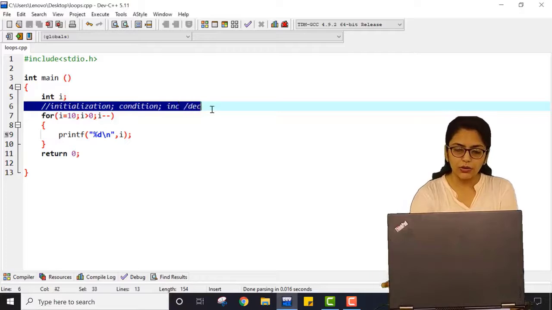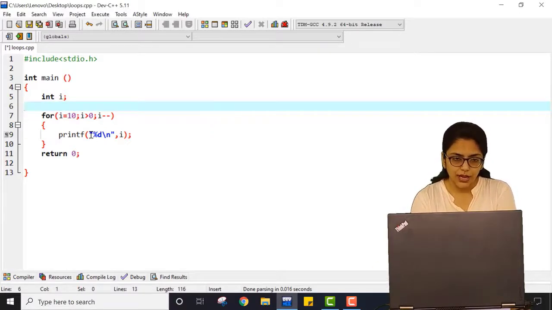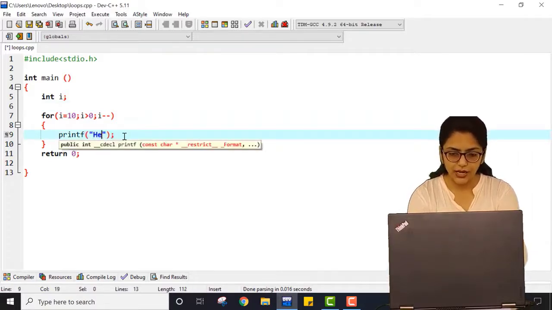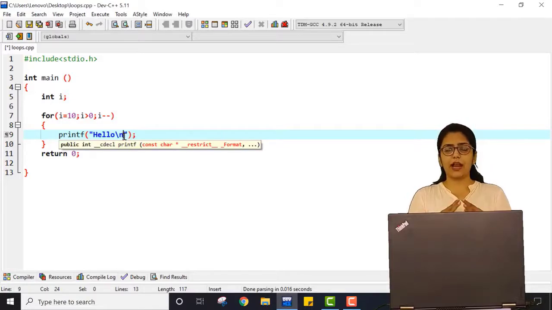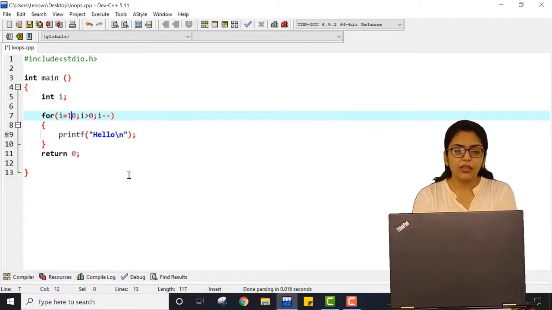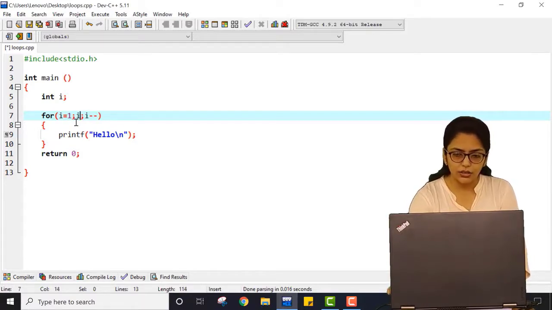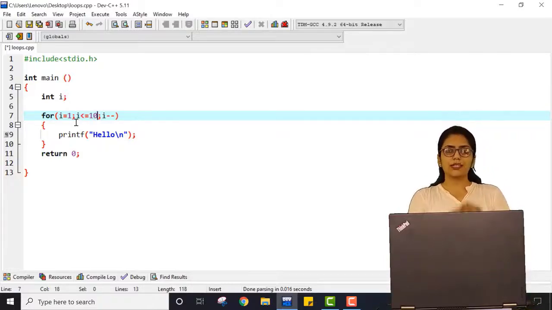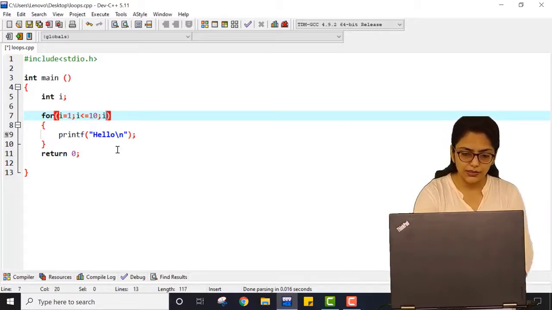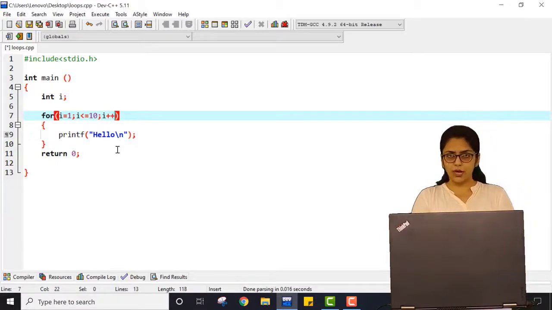So this was the for loop syntax. I am just erasing everything and modifying it a little. Instead of this I am writing hello. This is similar to the code we have written for printing hello 5 times. Here it will be printed 10 times, right? Now I am also writing this as the condition. It won't change anything, but I just want to make it more convenient. So this loop is executed 10 times, you know that. And here I have to write i plus plus. Right?